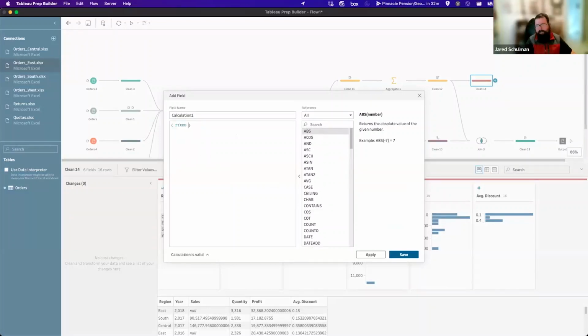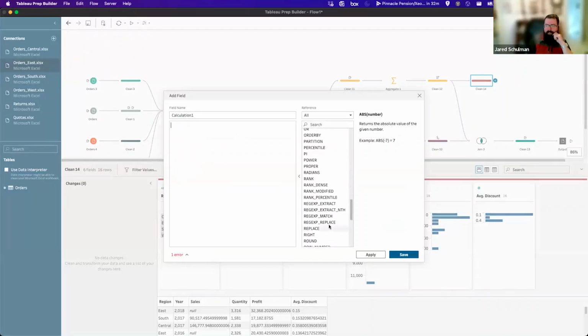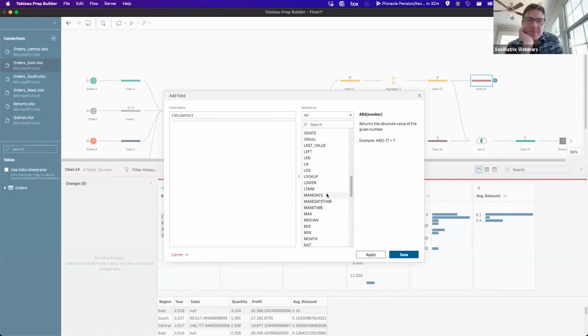So I'm trying to think, they didn't used to support level of detail calculations, but you can actually do level of detail in the calculation editor now. It does have regex, so you can do extract, replace, match. So it's got those different regex functions. There's very few things that are not available. I think maybe the make point for mapping. Oh yeah. There's no map in the data source. It's things like that where you think about it and go, okay, yeah, it makes sense that you can't do that here. Yeah, it's virtually everything.